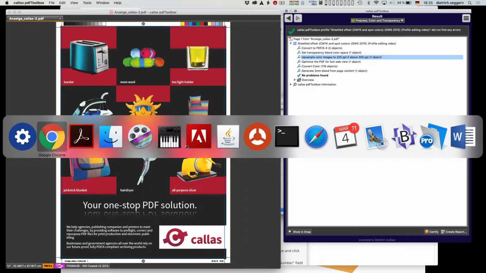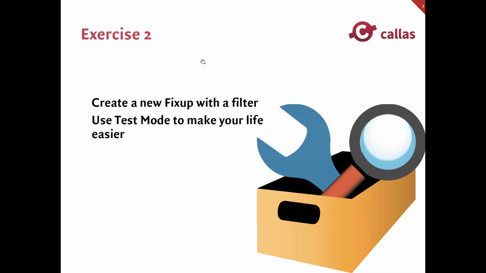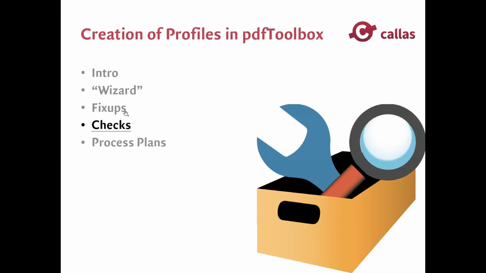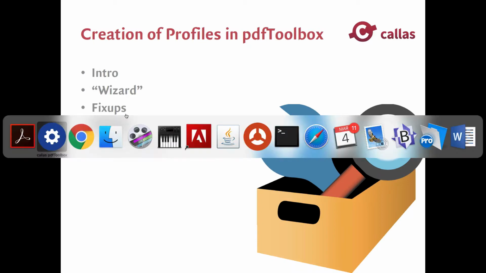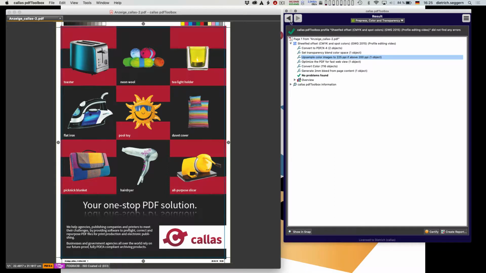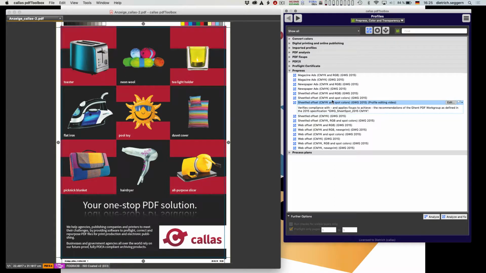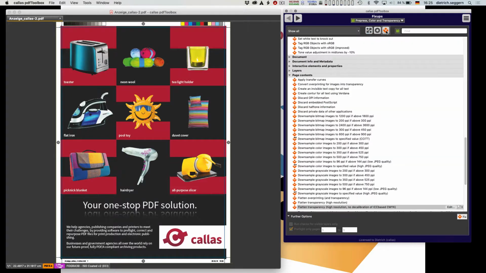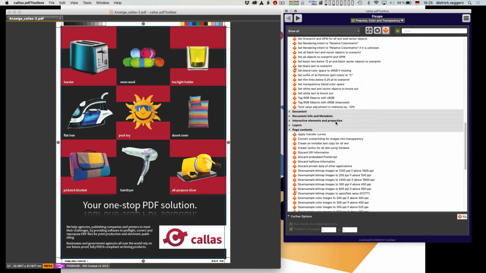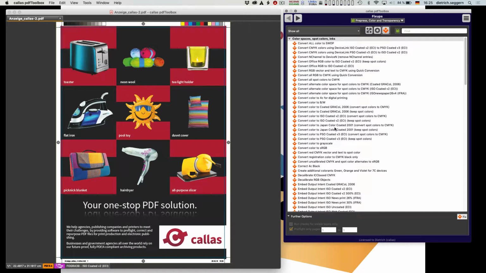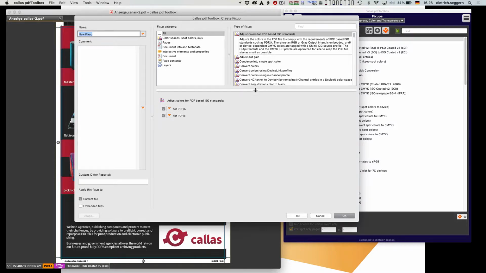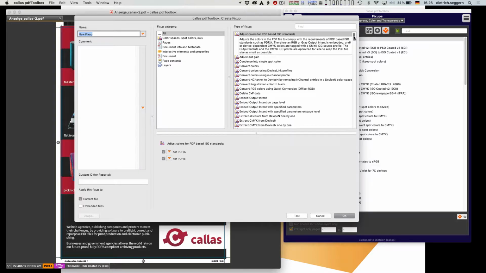So now let's see what's next. So that is what I wanted to say about fix-ups. You have seen there are various fix-ups in here. Maybe we should do just one more thing. You have seen fix-ups as part of a profile. You also have the same number of profiles that are here in our library over here in the single fix-up section, and here as well in the profiles you can also create new fix-ups based on the number of